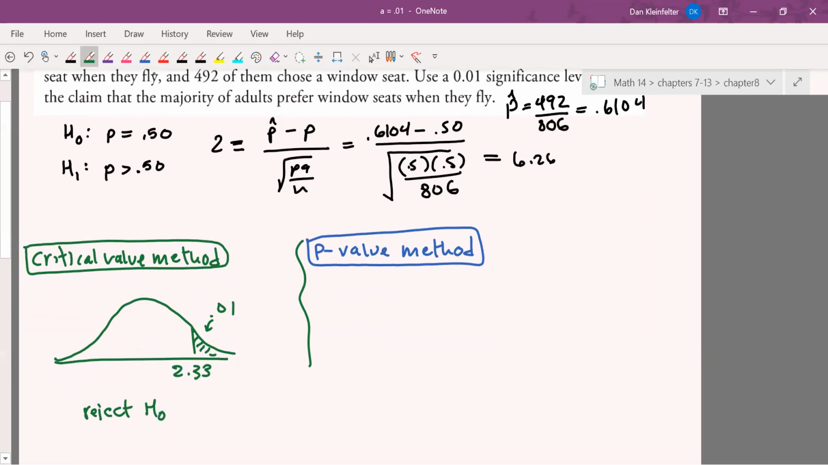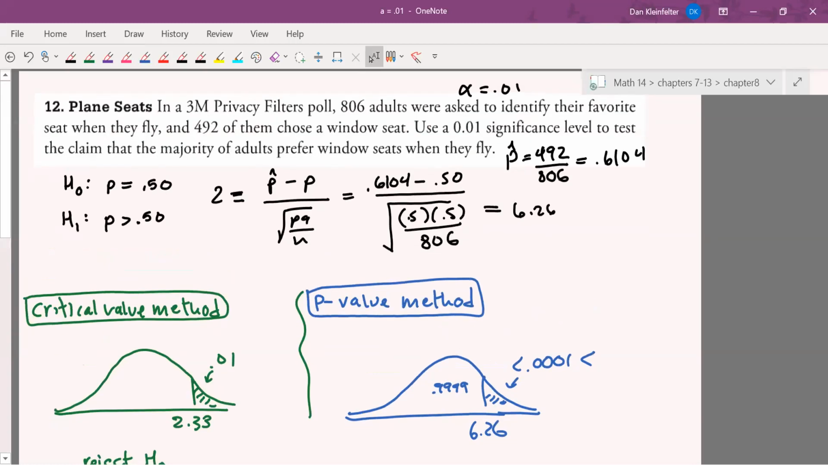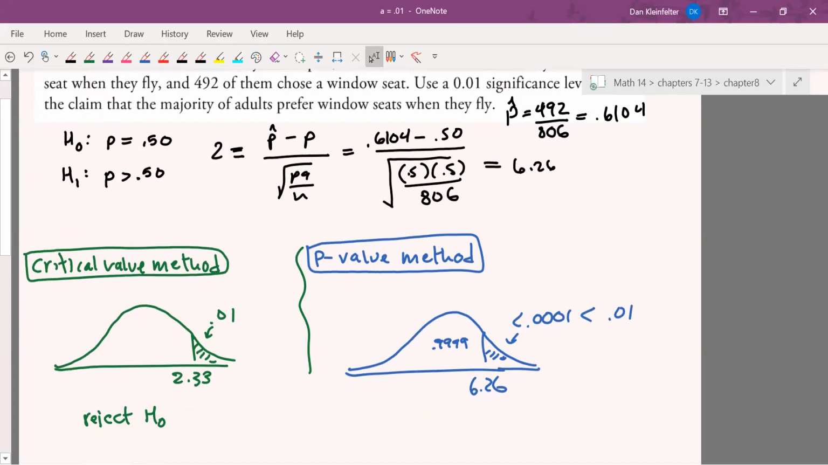Okay, and then the p-value method here, this one is going to be a little weird because your Z table is not even going to go up to 6.26. The one that I'm using today only goes up to 3.9. So it's going to be at least 0.9999 to the left, and so less than 0.0001 to the right, and so that's definitely less than our 0.01. And so again, we're going to reject